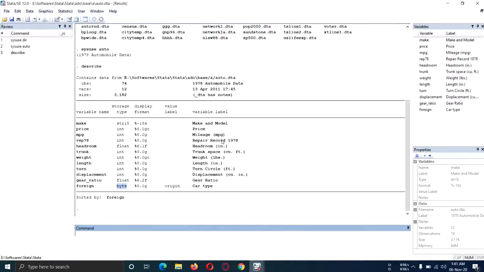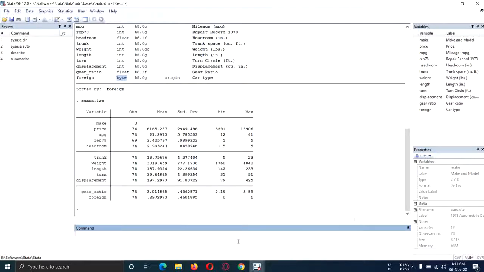Going further, we can see another important command. That is summarize. What it will do is give you a summary of each variable. For example, we have variable make. You can see the observations are 0 because Stata has not read that variable, because they are words, not numeric values. Stata only reads those variables which have numeric values.